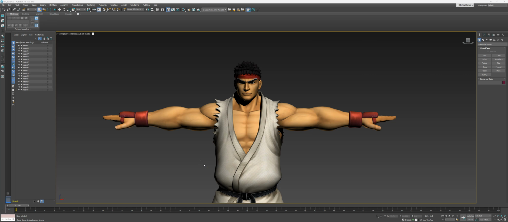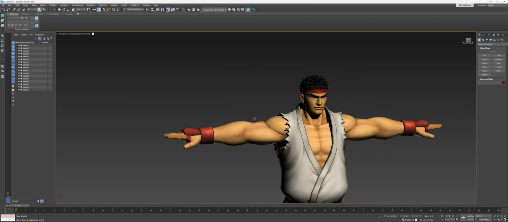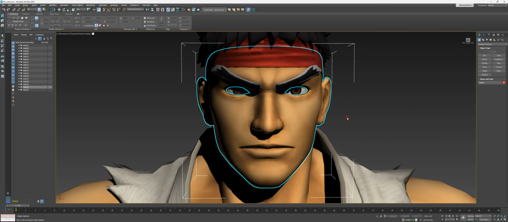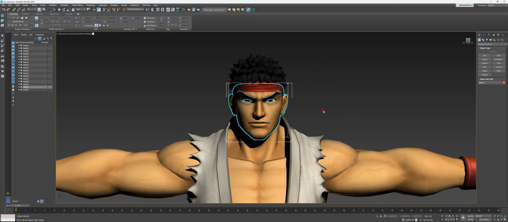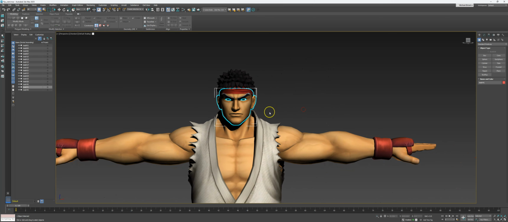Hey everybody, this is Dr. Brown and we're going to be looking at morph targets to do facial animations with. So I have Ryu right here. If I look at Ryu, we can see his face. And with morph targets, what we're going to do is we're just going to simply use